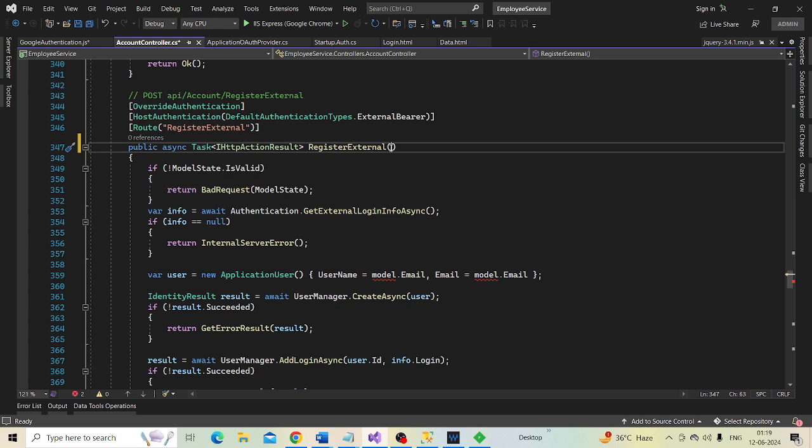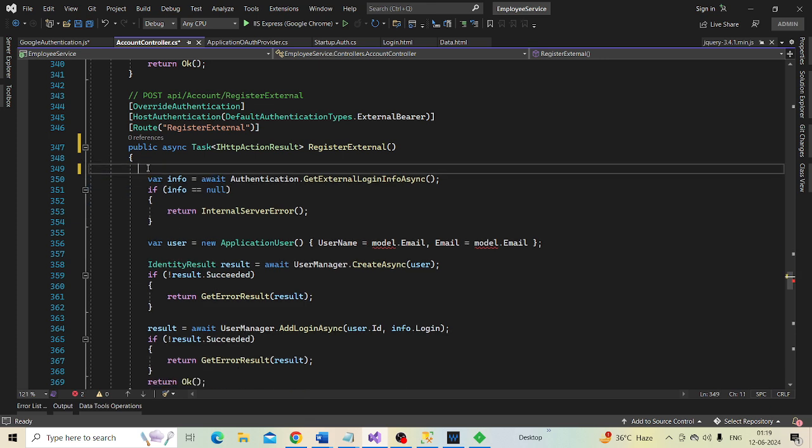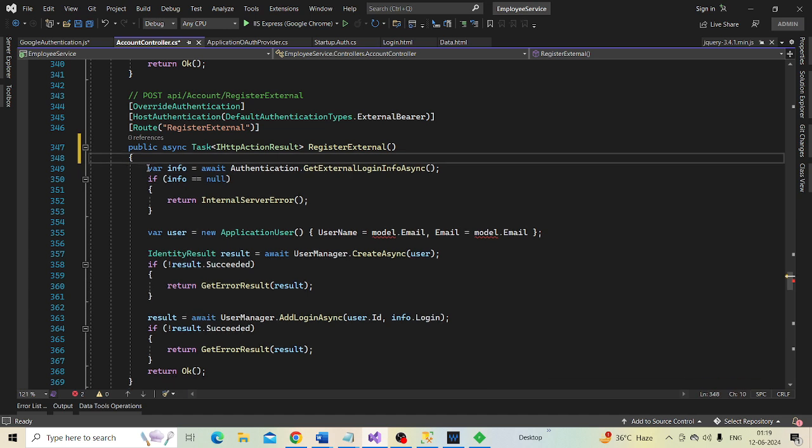We don't need this if block, so let's get rid of that as well. And to get the email property value, we are going to make use of this info object instead of the model object.